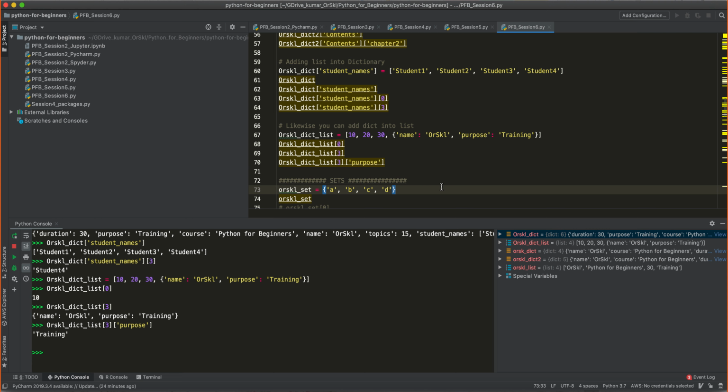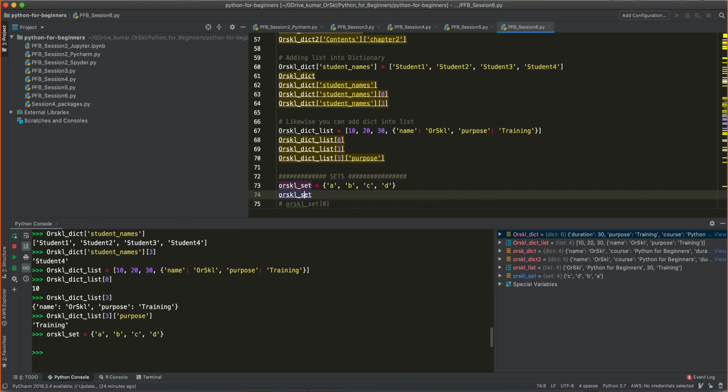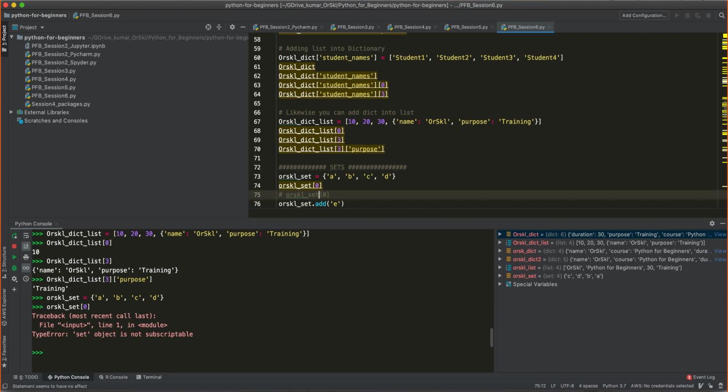Now, set is also very similar to list, but the only difference is that sets do not have any index. And the syntax to create a set is using curly braces, again just like the dictionary. But if I don't specify any keys, just the values directly, the object that is being created here is called a set. If you see the data type here, set. Again, the length of the set is 4. Now, you cannot access each element of this set. You see, if I say square braces of 0, it doesn't allow you.